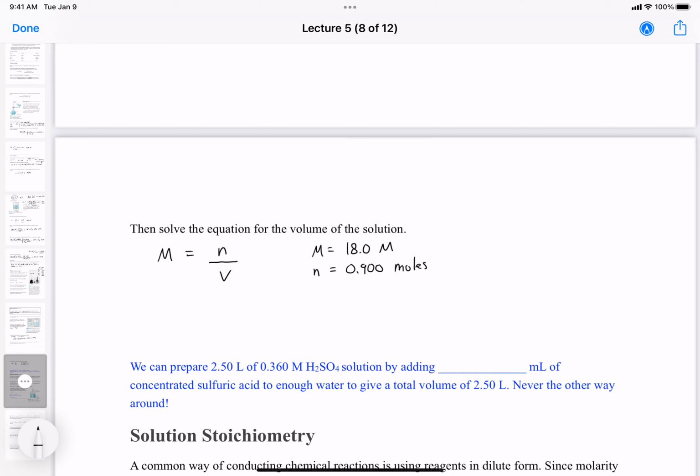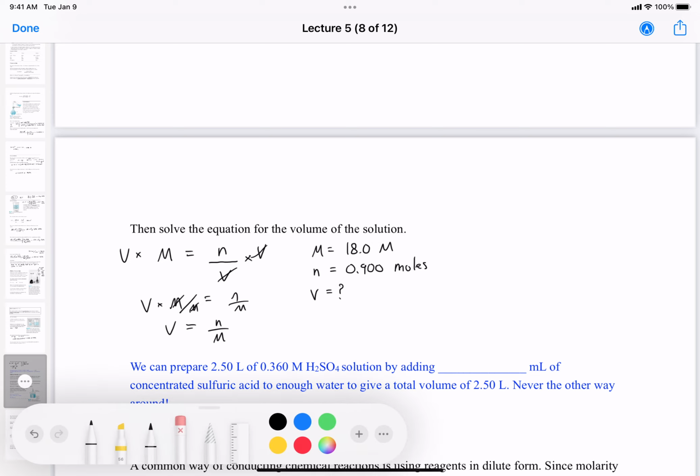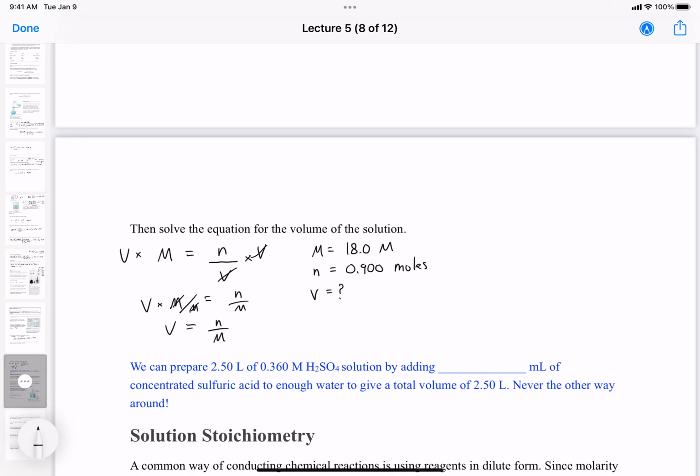So we're going to solve for V. We rearrange the equation: V times M equals N, and to isolate V, we get N over M. Okay, let me just clean this up a little bit. So our volume would equal